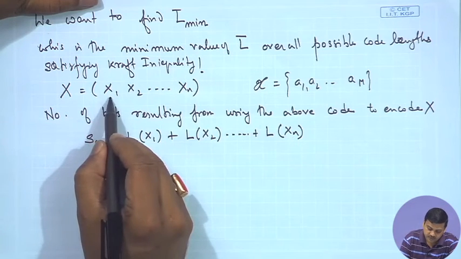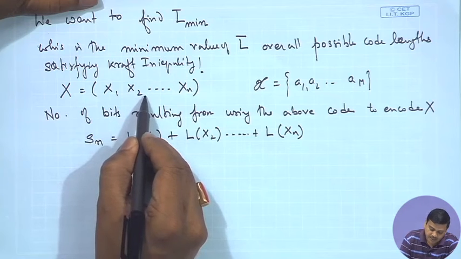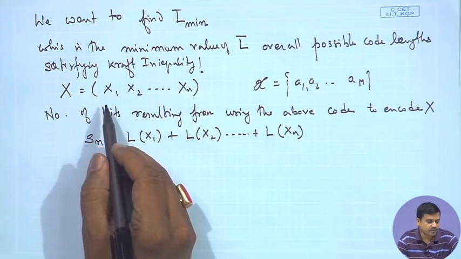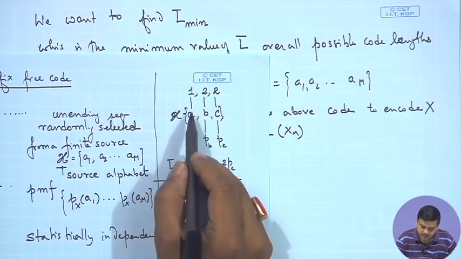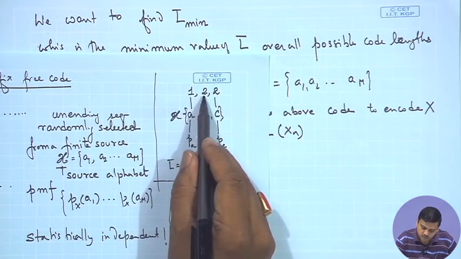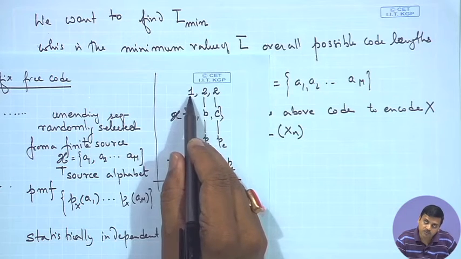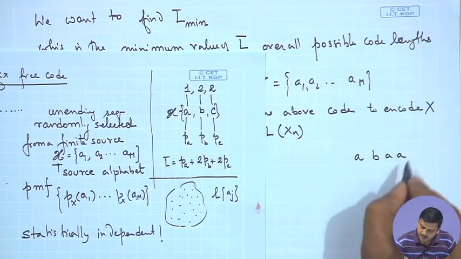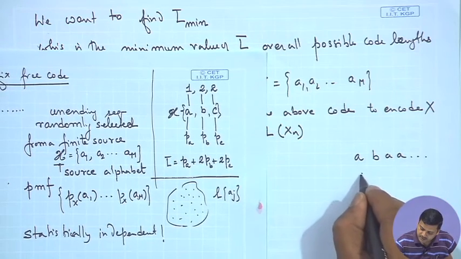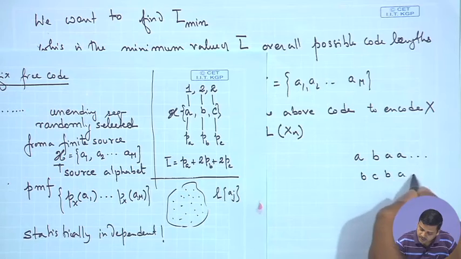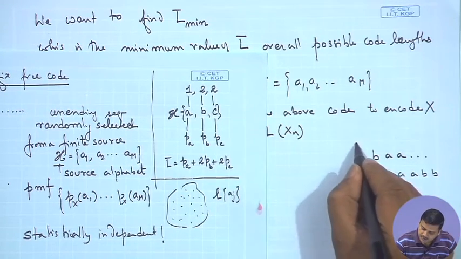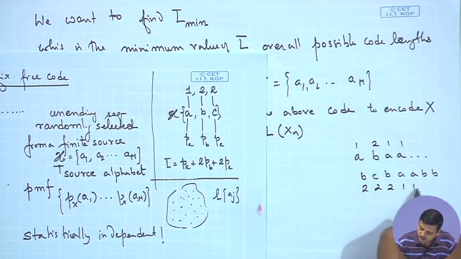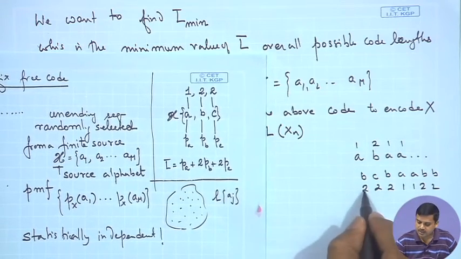So, for example, if this is A, this is B, then again A and A and A, I would have 1 going by our previous example here. I will take length of 1 plus 2, then I will take 1 plus 1 plus 1. So, that means, if I have a sequence A, B, A dot dot dot, or if I had a sequence, let us say B, C, B, A, B, B, in this case the lengths 1, 2, 1, 1 would be taken, in this case 2, 2, 2, 1, 1, 2, 2 would be taken. This sum